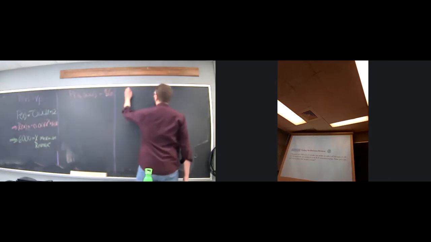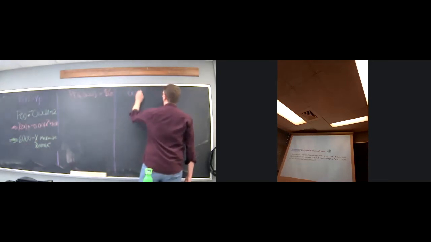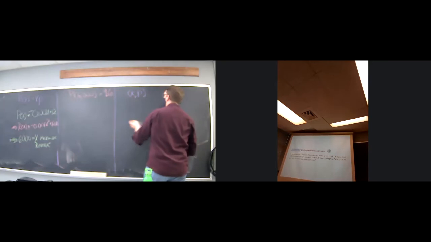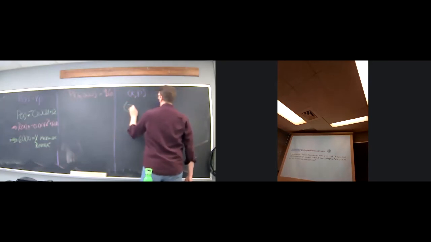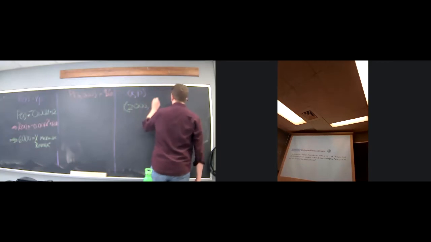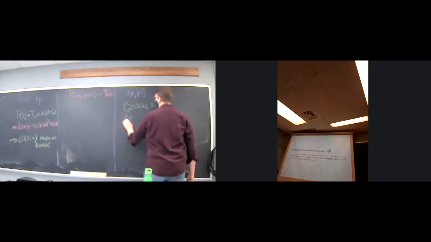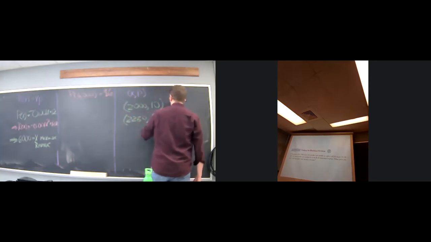That gave us those 2 points, X and P: 2,000, 10, and 2,250, 9.75. And we said, all right,